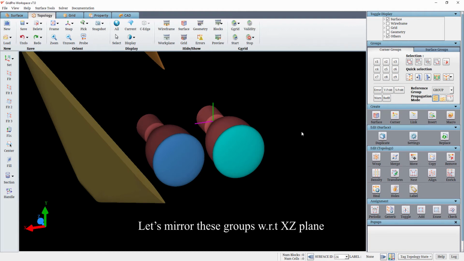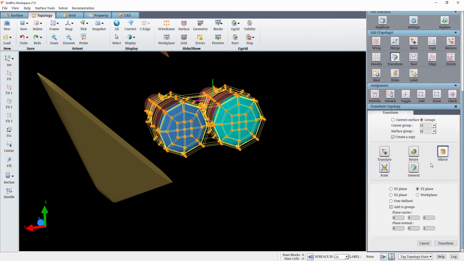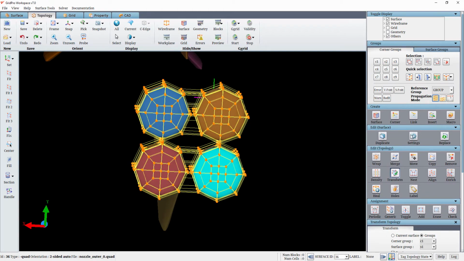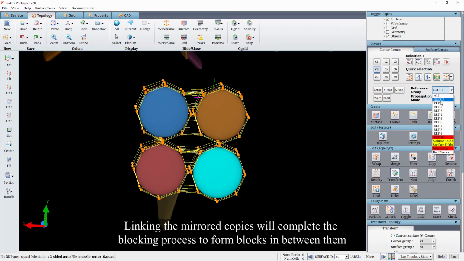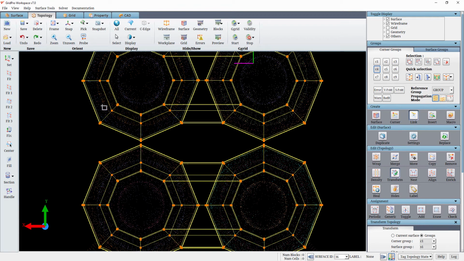Let's mirror these groups with respect to XZ plane. Linking the mirrored copies will complete the blocking process to form blocks in between them.